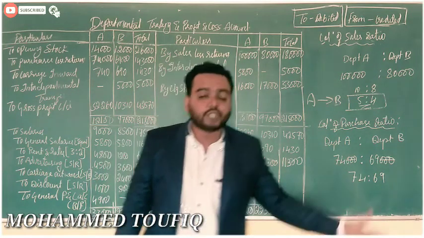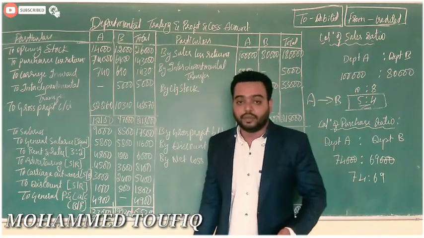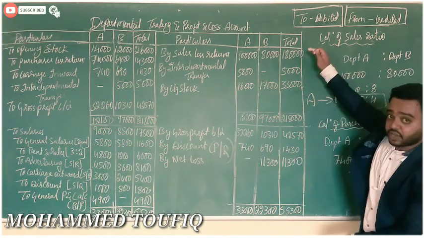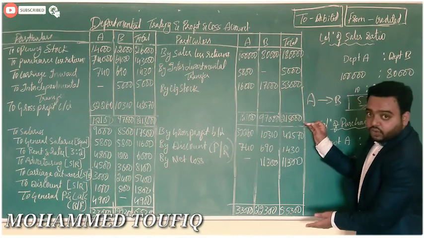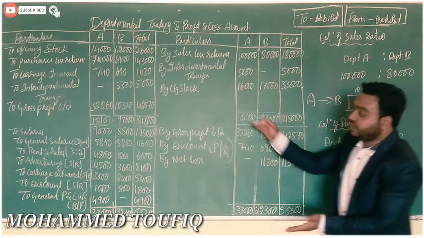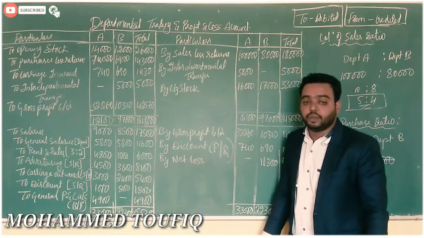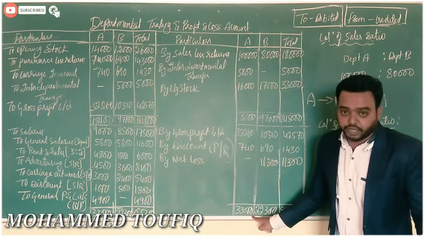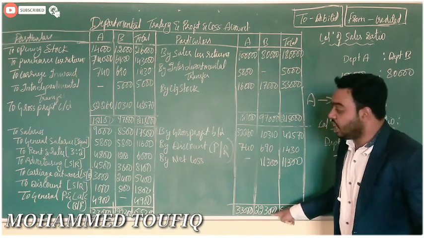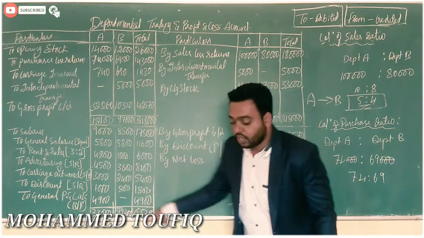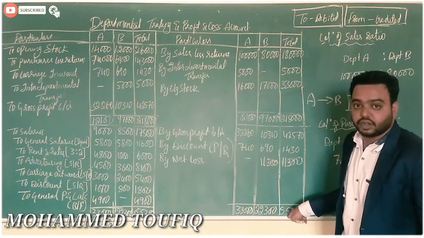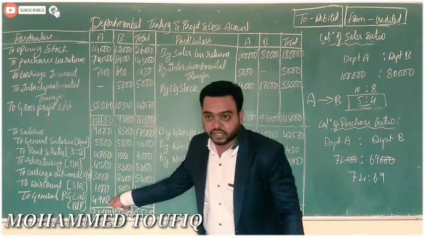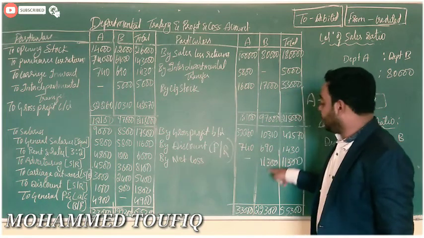So we have covered all the adjustments. Now do the total of the departmental profit and loss account. From the credit side and the debit side of the departmental profit and loss account, you can find the highest amount as 33,000 for department A, 22,300 on the debit side, and total is 55,600, where for department A you will get a balancing figure in the debit side, and for department B you will get a balancing figure in the credit side.